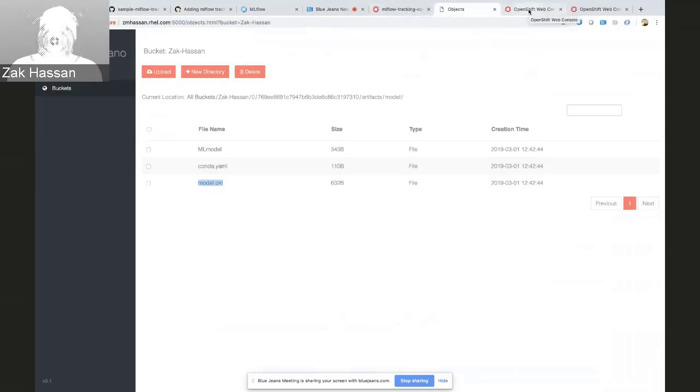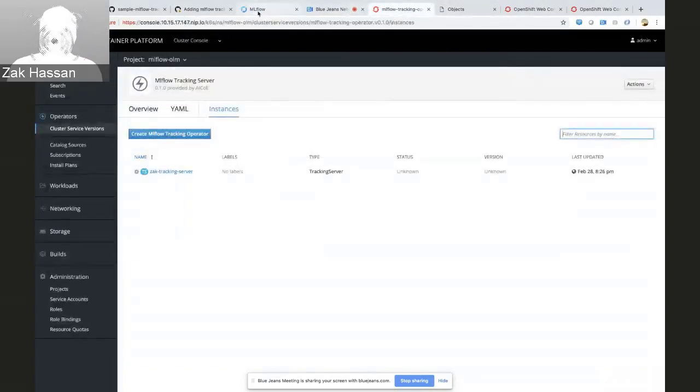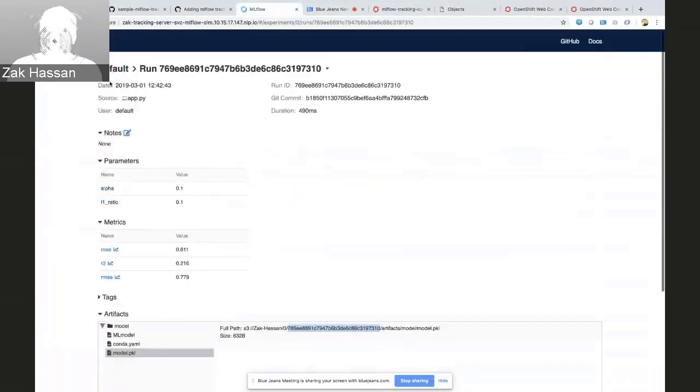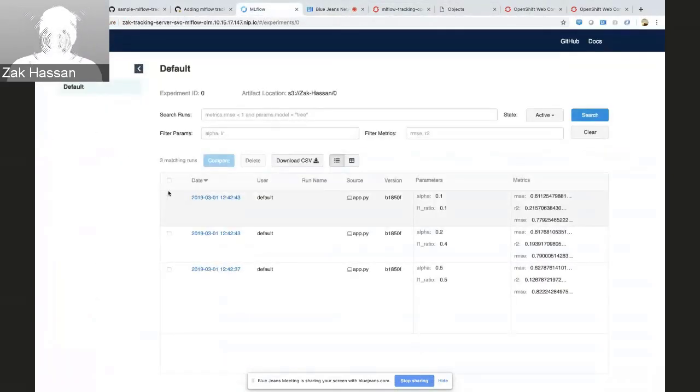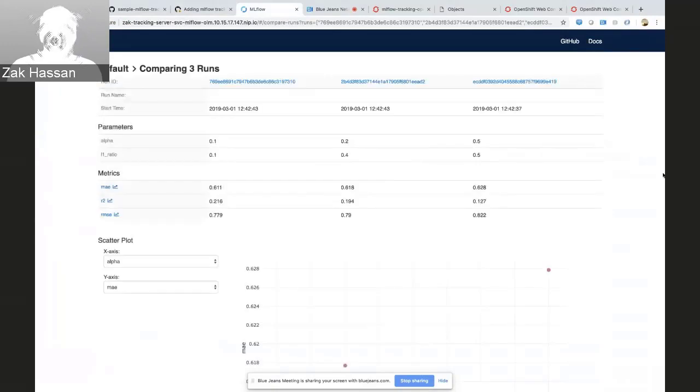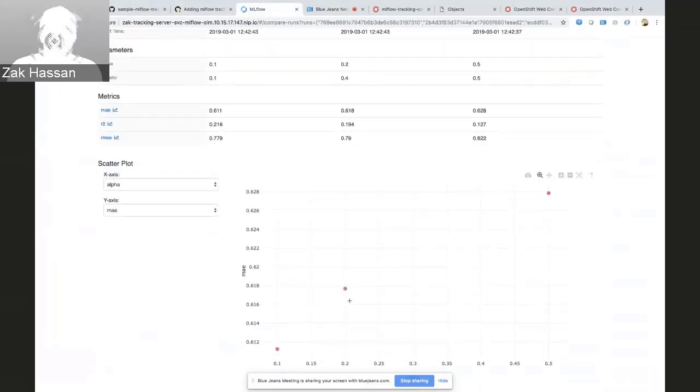But going back into this MLFlow UI. Since I have 3 runs already, let's say I want to compare these 3 runs side by side. I can do that, and then I have a UI that I can just compare different runs. I could take a look at different runs and whatnot.